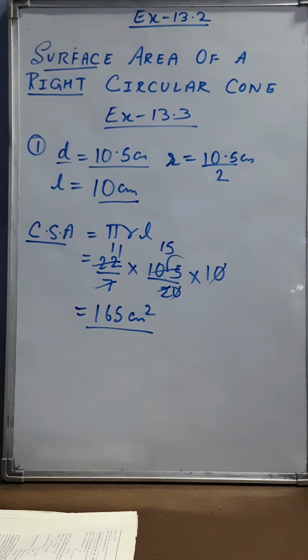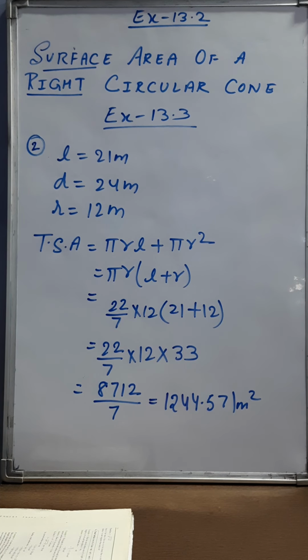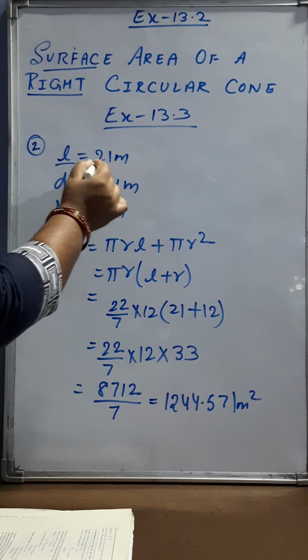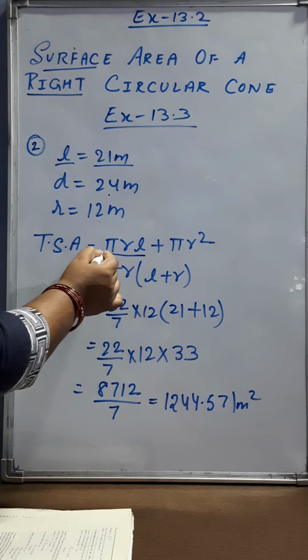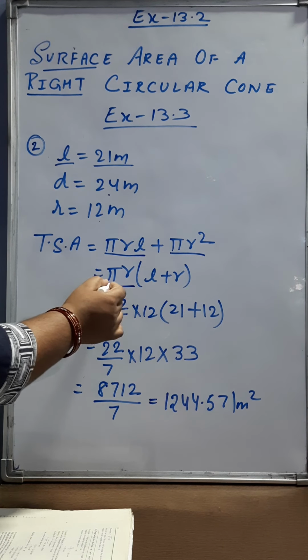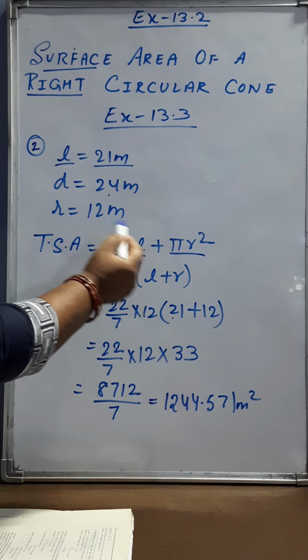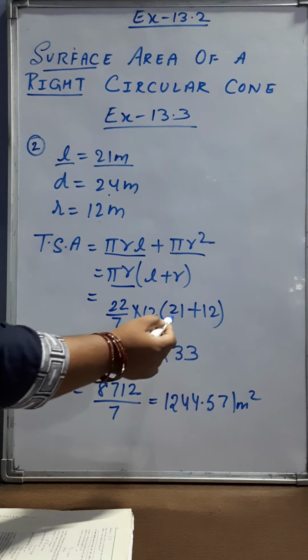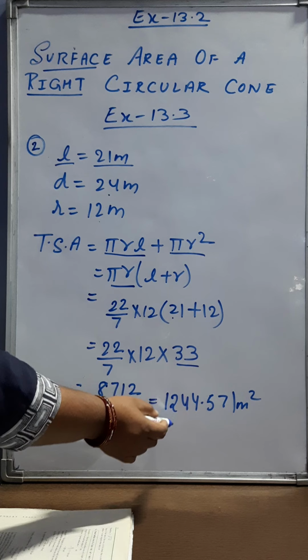Now see question number 2. Question number 2 says, find the total surface area of a cone if its slant height is 21 meter and diameter of its base is 24 meter. Diameter is 24, so we can calculate its radius as 12 meter and slant height is given 21 meter. We have to find its total surface area. So its formula is pi r L plus pi r square. From these two, pi r can be taken common, L plus r. So we can put L as 21 meter and radius as 12 meter. When you calculate it, you are getting 33 meter. When this will be solved, we are getting